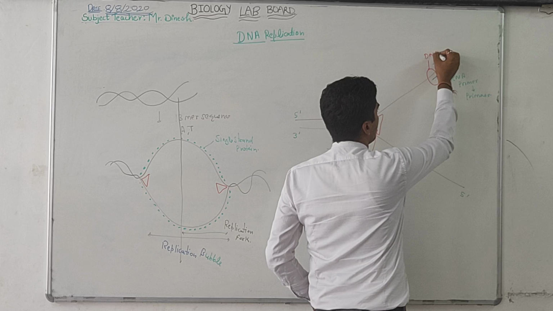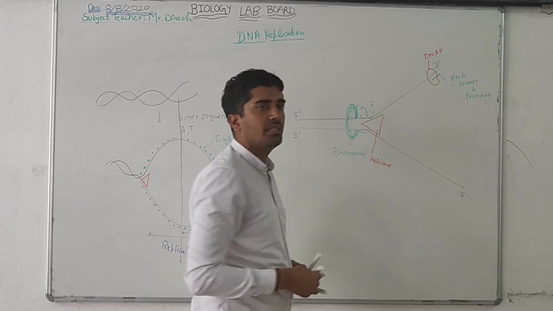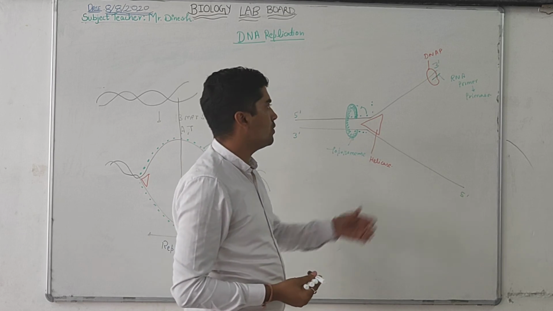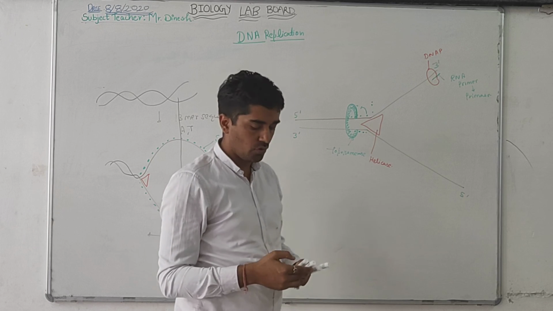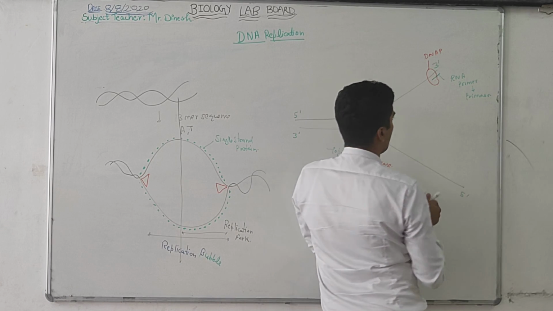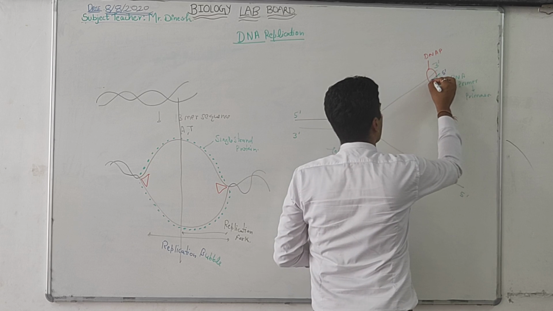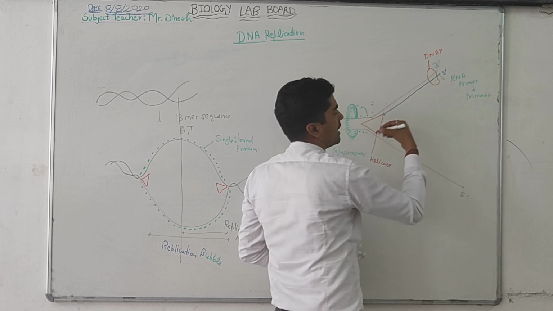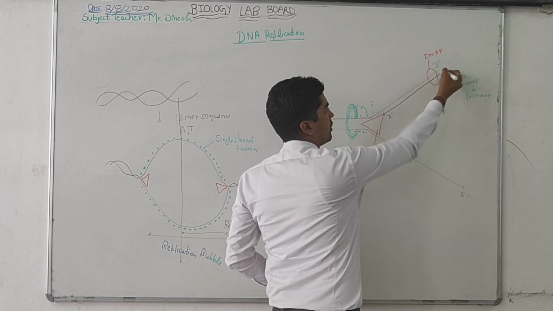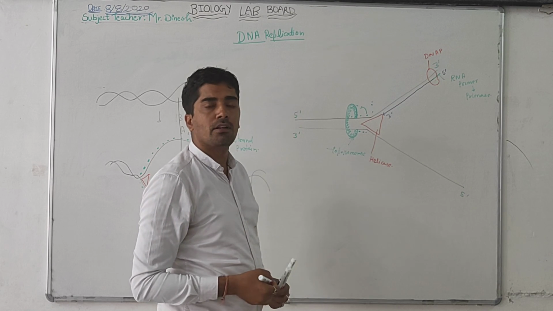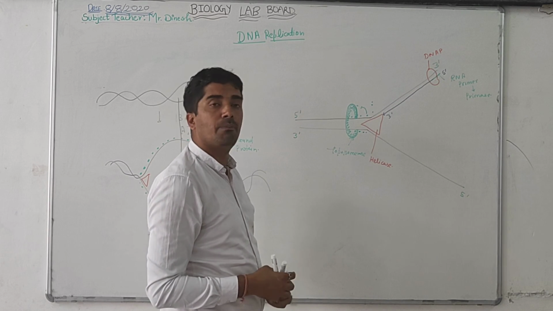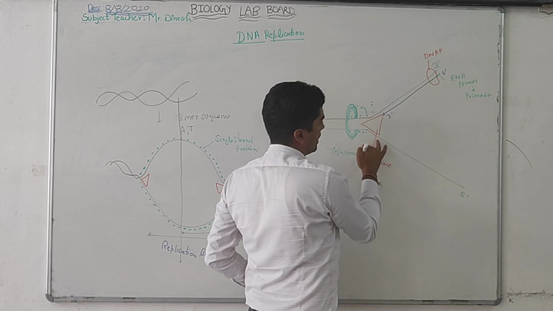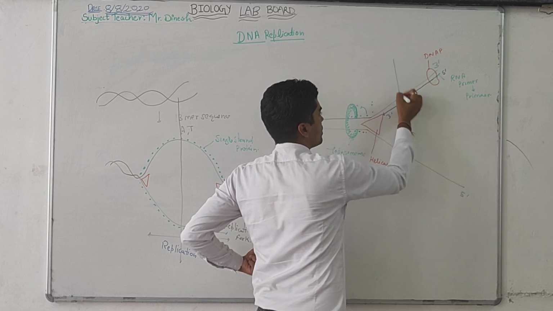So DNAP has a special characteristic that it can polymerize only in the 5 to 3 direction. So here the newly formed strand will have its 5' here and 3' here. So DNA polymerase will start forming the DNA chain toward 3'. It can add nucleotides in the 5 to 3 direction only. So it will start polymerization. Now this condition is reversed. This strand is called the continuous strand.